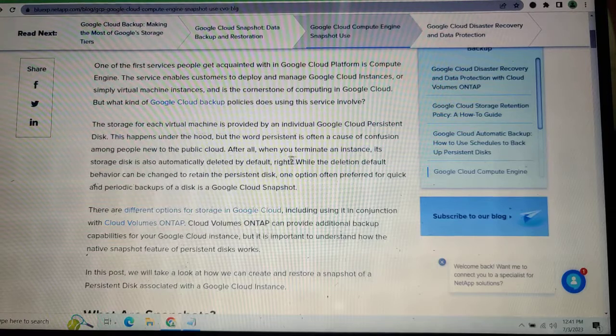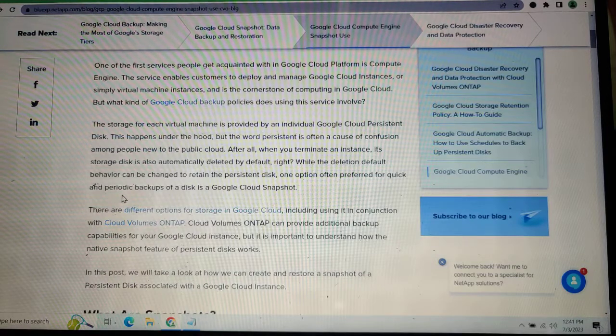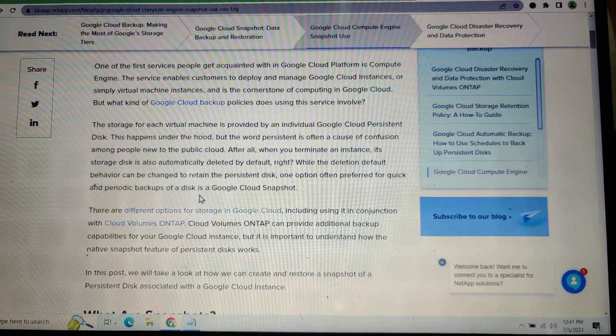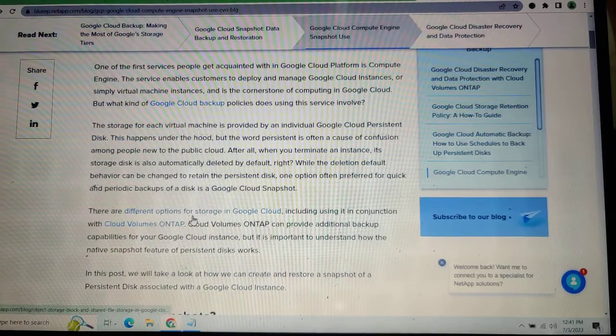After all, when you terminate an instance, it is storing disks, and it also automatically deletes any default data. The deletion default behavior can be changed to retain the persistent disks, an option that offers people quicker and periodic backup for the disks of Google Cloud snapshots. There are different options of the